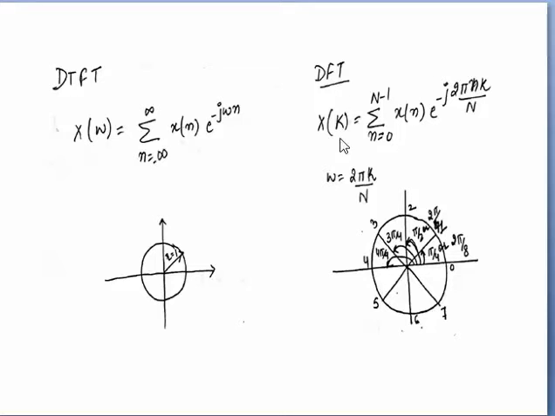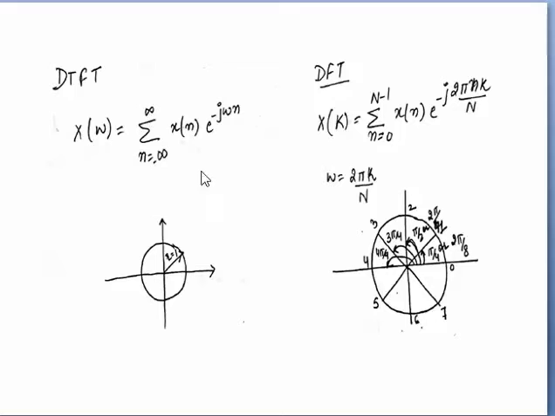And the DFT formula is X of k is equal to summation n from 0 to N minus 1 of x of n e raised to power minus j 2 pi k n over capital N. If we compare these two equations, we have omega is equal to 2 pi k by N. Looking at the two equations, x of n is the same, the summation is also on n, and the term omega is the same if omega is equal to 2 pi k by N. That means if we put omega equal to 2 pi k by N, we get the same thing, provided n is restricted to 0 to N minus 1 instead of minus infinity to infinity.